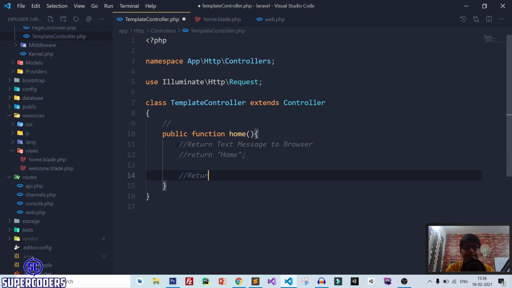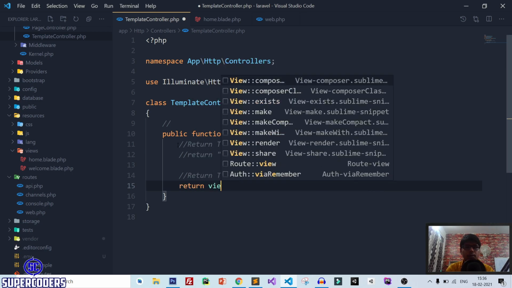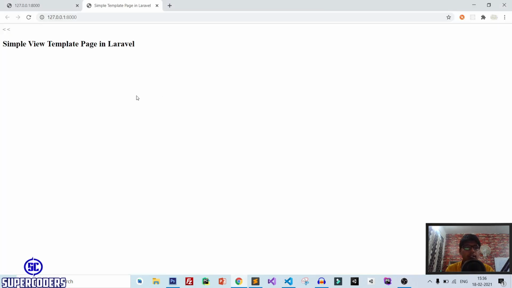Then, return template page to user browser. For this just type return, then view. After that just add your template page, so you need to pass only home. Now save this file and back to Chrome, refresh the page, and you can see it is working perfectly.